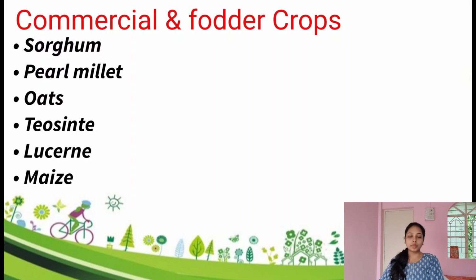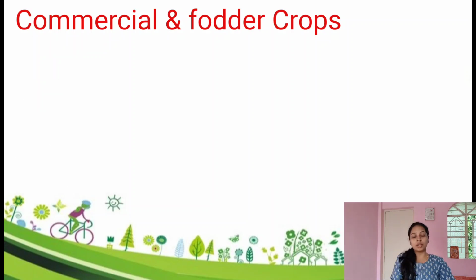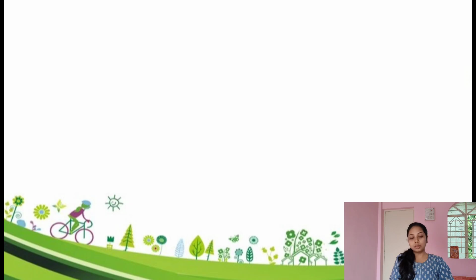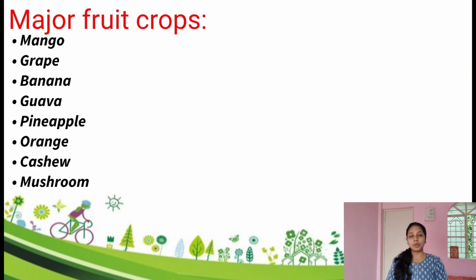That's how it is. And then this is all the agricultural part, like for those who have a degree in agriculture, bachelor's or PG, it will remain equal, because all these are the agricultural crops and also under agriculture. But we also have major fruits which are again beneficial for the horticulture specialists. So major fruits are mango, grape, banana, guava, orange, cashew, and mushroom.